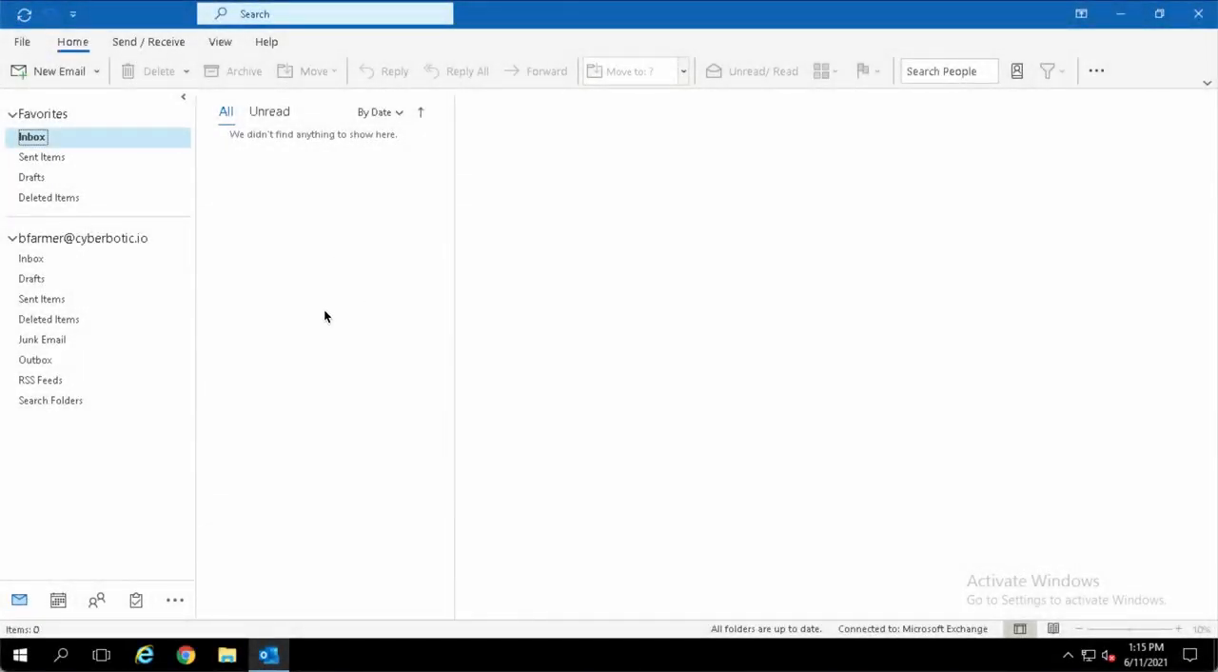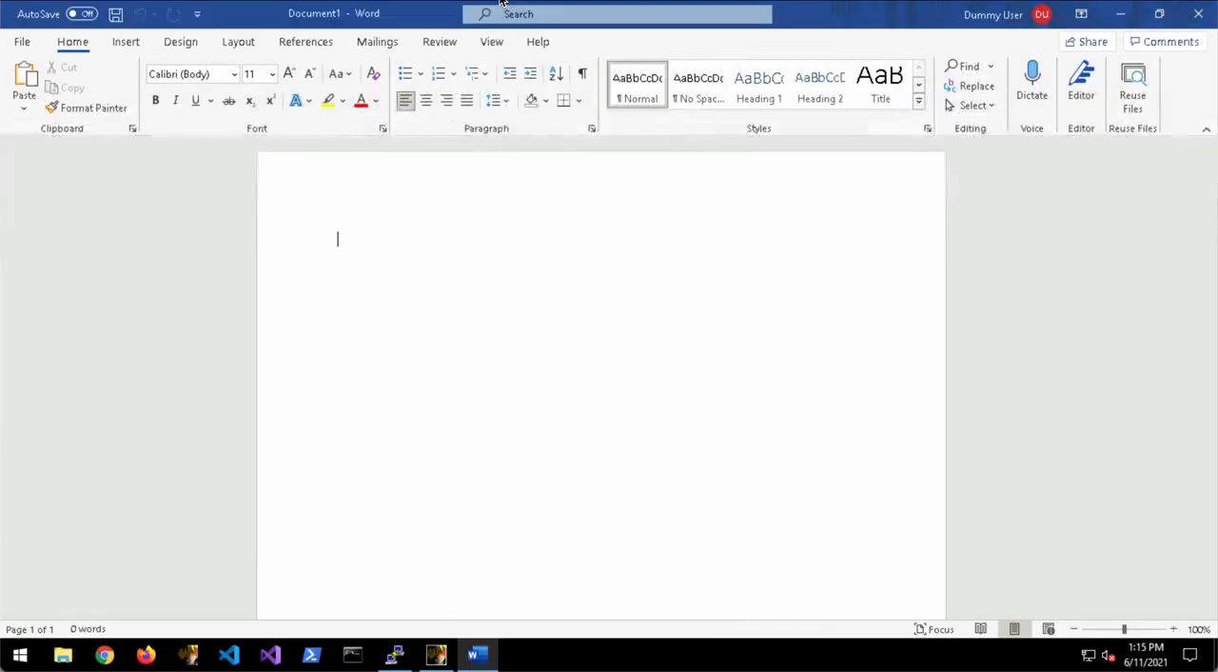Right, if we log on to workstation 1, it will log in as bfarmer. You can go ahead and open Outlook and eagerly await an email. So let's go back to the attacking VM, and we're going to craft a Word document that we can send